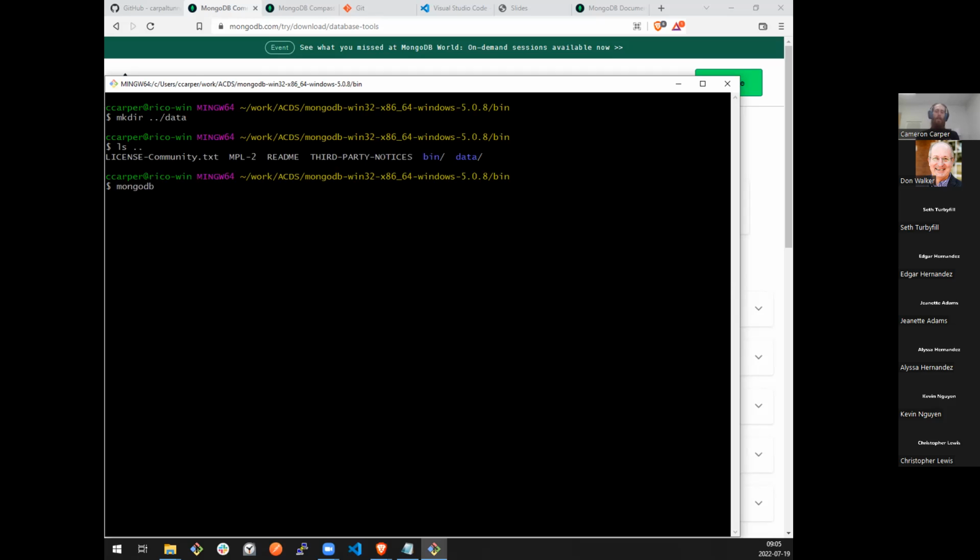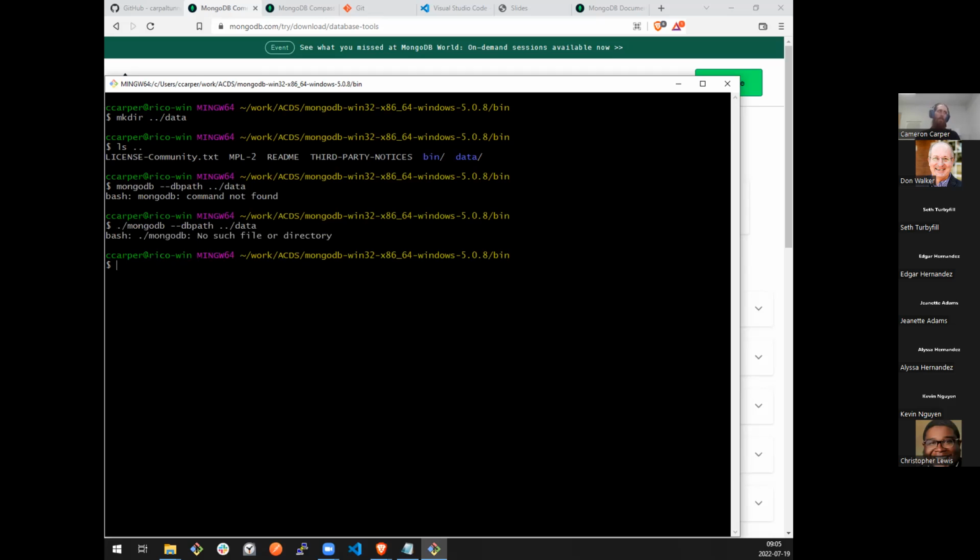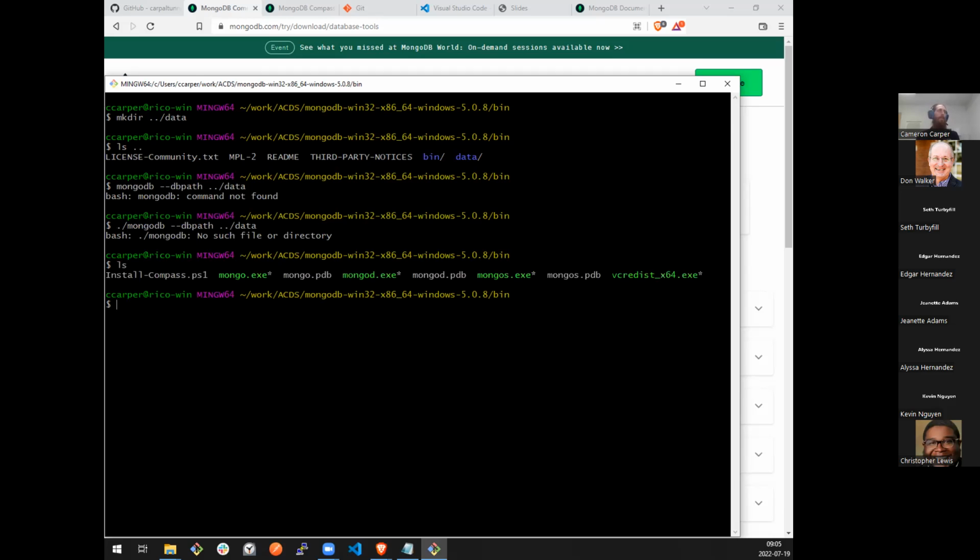Is execute MongoDB again and pass it one parameter named dbPath and give it the path to the folder where I want it to write that data. If you don't want to do this, you can write it to a temp folder or anywhere else, but this just keeps it a little bit cleaner for me. And because I'm in Git Bash, I should have used a period / to say in my current folder execute MongoDB, except for I mistyped it. It's MongoD, not MongoDB.